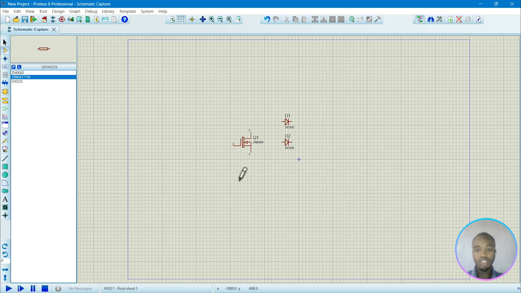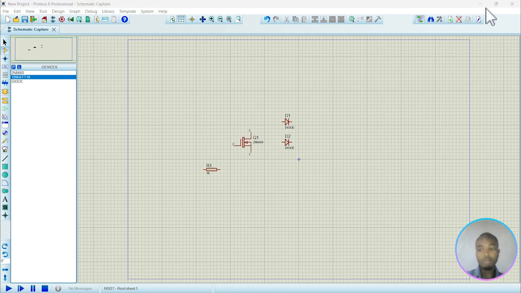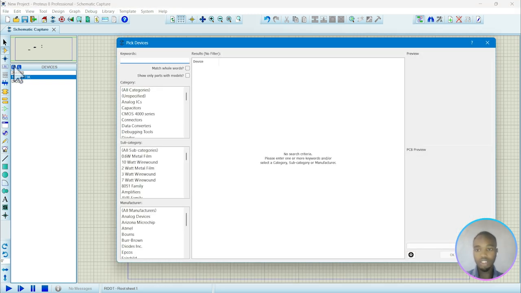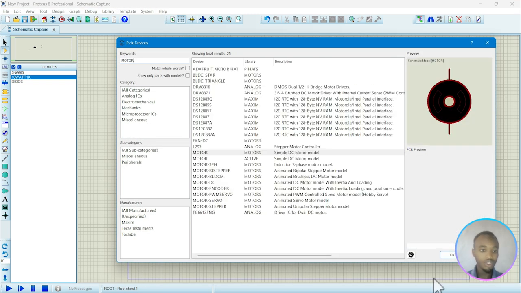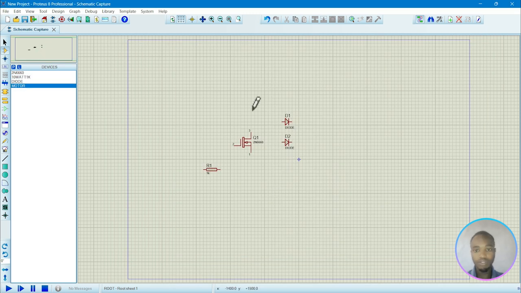We need one, and then we are going to this component. And also we need a motor. We need the motor for controlling with this MOSFET. See this motor. Search motor, it is this one. Let me choose this motor, this one. We need the supply.